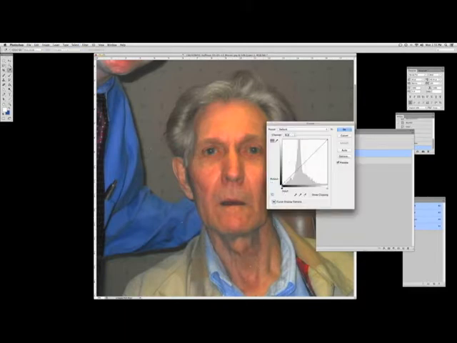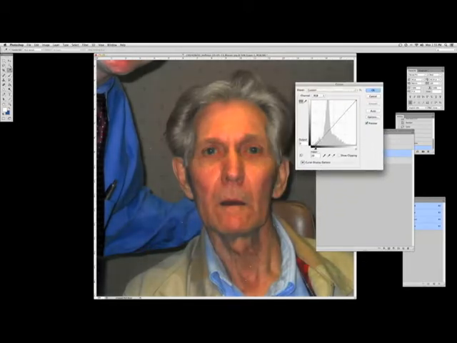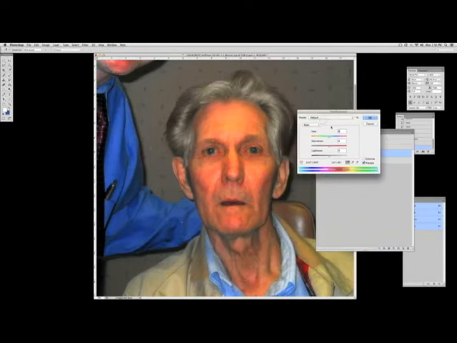Now I'm going to go into curves here and just increase the color saturation overall, which will naturally make it or the contrast, but it will make the saturation too much, but we'll take care of that afterwards. So right now we want to make sure that the face features show up in the portrait. So after I do that, I'm going to go back into Hue Saturation, go into the red channel here, cut that back a little bit. As you can see there, that looks good. Go into the yellow, and